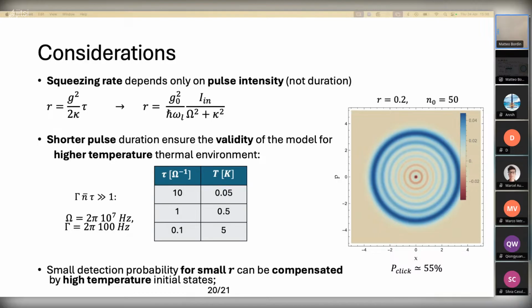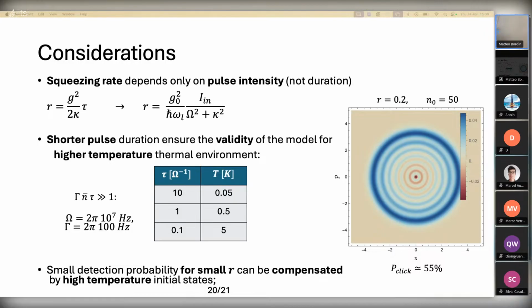So what I deduce from this is open speculation, something I'm still thinking about. What I deduce is that I have much freedom to choose how long I want my pulse to be, because the squeezing rate will only depend on the intensity. So let's say